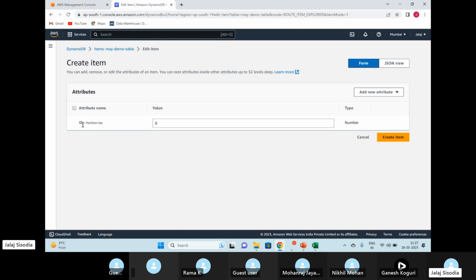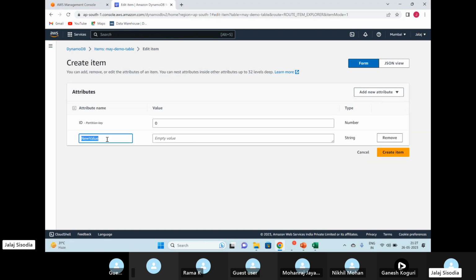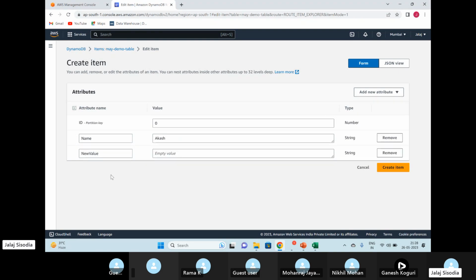ID is mandatory. It is the partition key, or you can also call it primary key. Its value is 0. We cannot have any duplicate primary key or partition key in any table. Then I am just going to add a new attribute. Let's say I add a type of string and I call it name. And let's say we call our name some random name. Okay. And I might go ahead and add one more column,